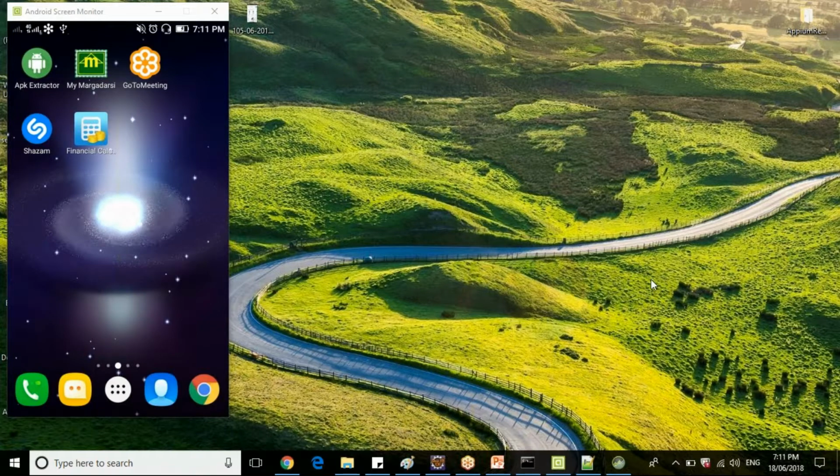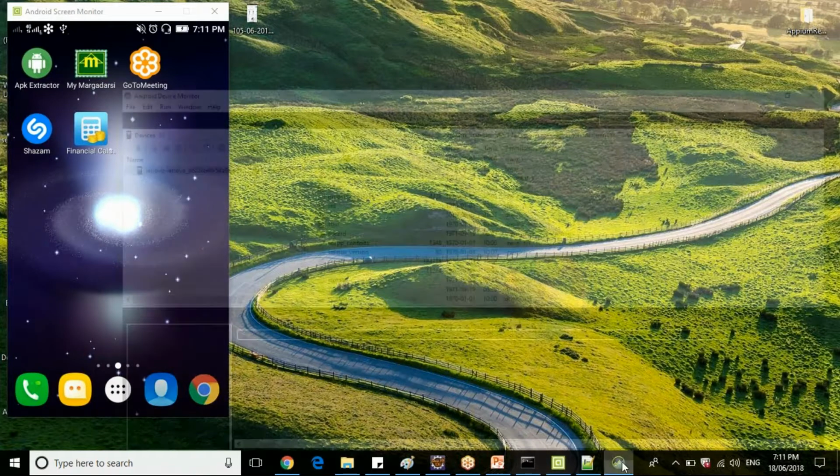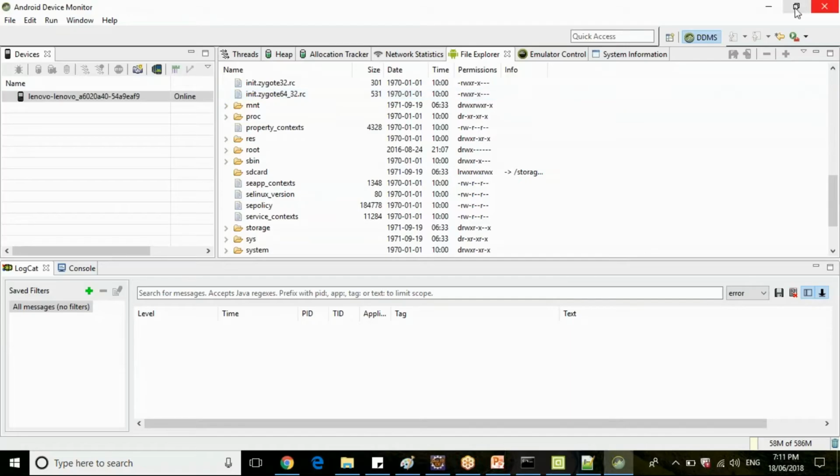It's Dalvik Debug Memory Monitor Service. So your DDMS is also called Android Device Monitor now.